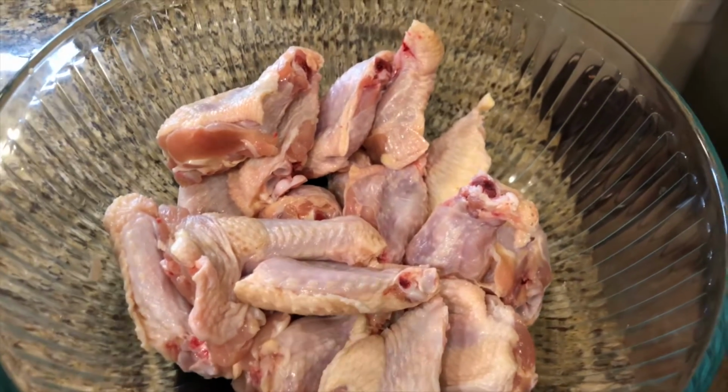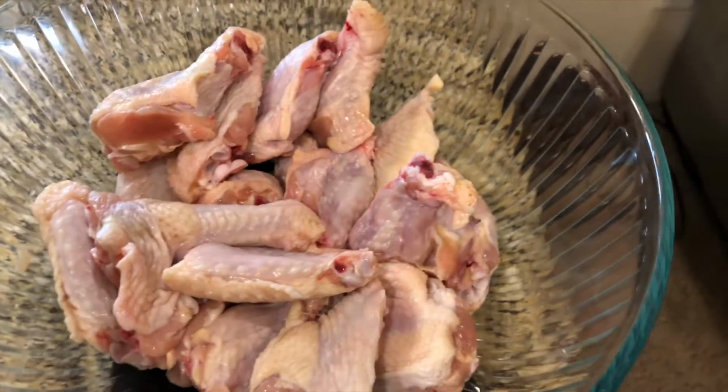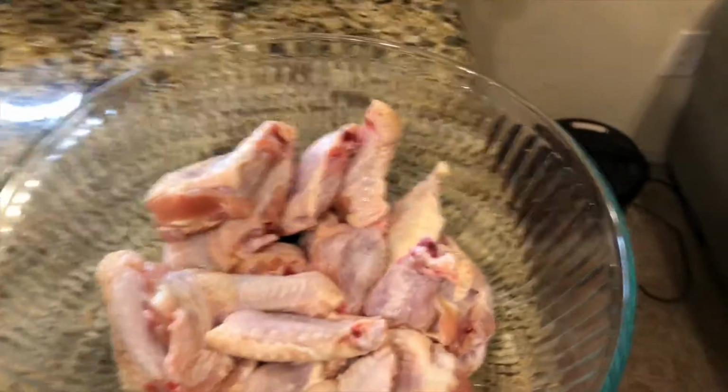So all of the wings have been cut and prepared, ready to go. All I'm going to do right now, and this is one of my favorite marinades, obviously I like to keep my calories down, but this is my man G. Hughes. Got the lemon herb marinade, and you can see it's only 10 calories per 4 tablespoons, for 1 tablespoon,